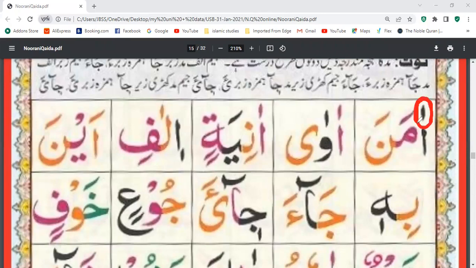أعوذ بالله. Aruzu. It is ruzu, not R sound, not raw. It is Ain sound, Ain. Ain waw pesh oo.